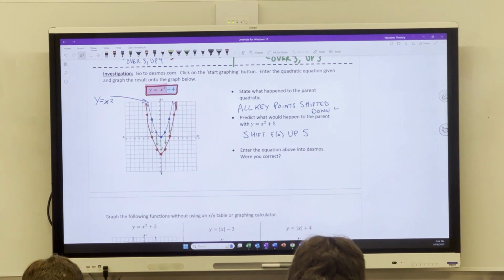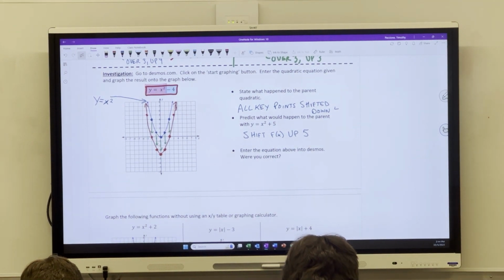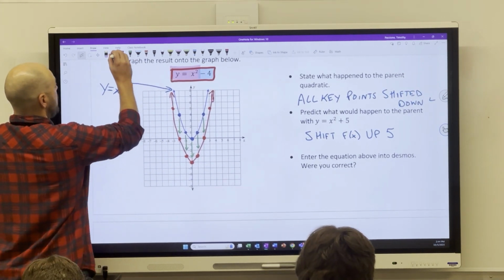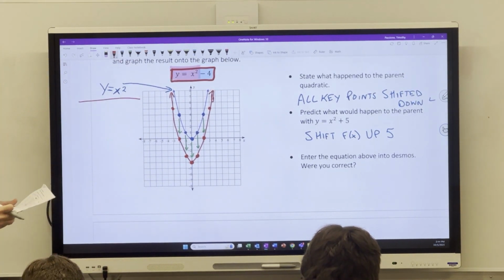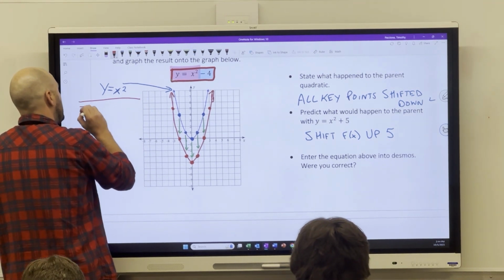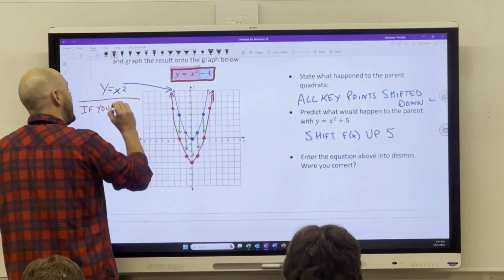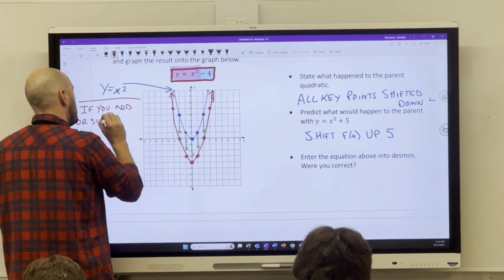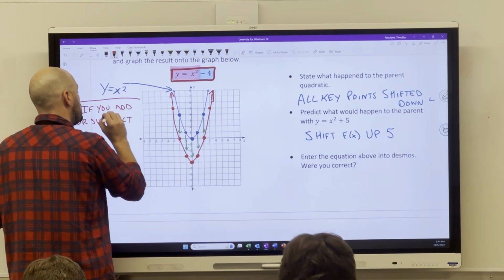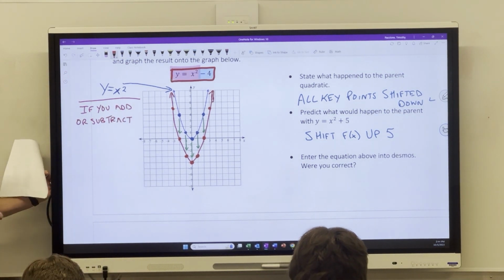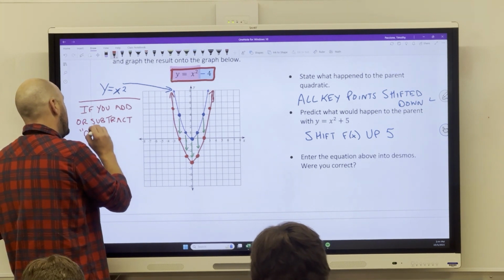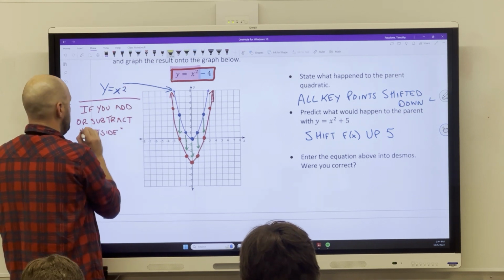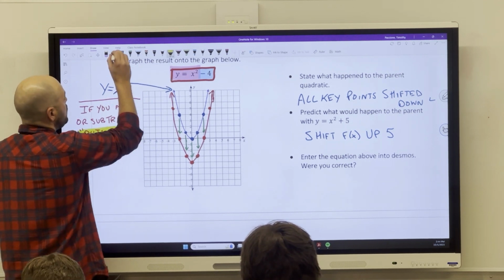But first, let's define exactly what we learned here, okay? So we'll write this over on the side here. So what happened here? Well, we learned that if you add or subtract, and I'm going to use a word here that will make more sense when we get to the back, outside a function,